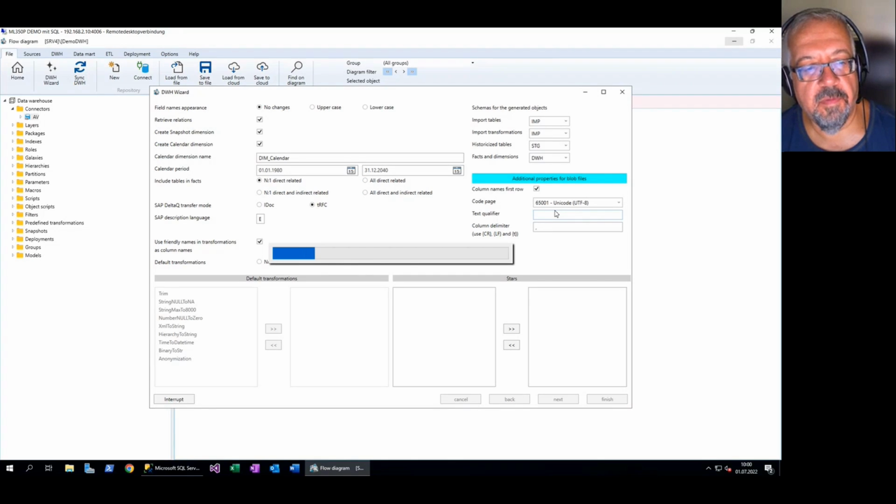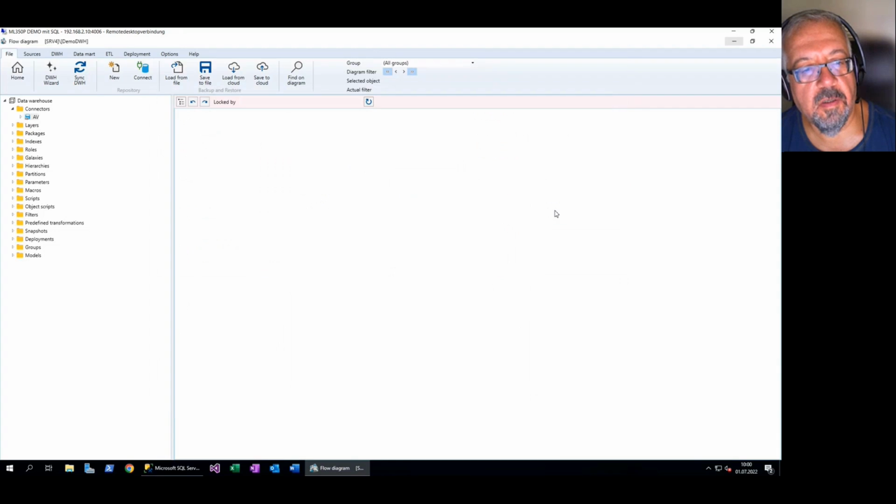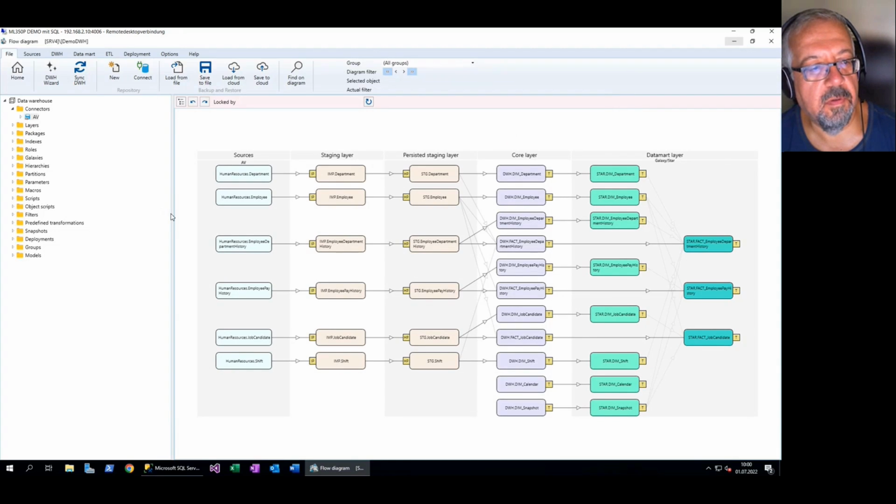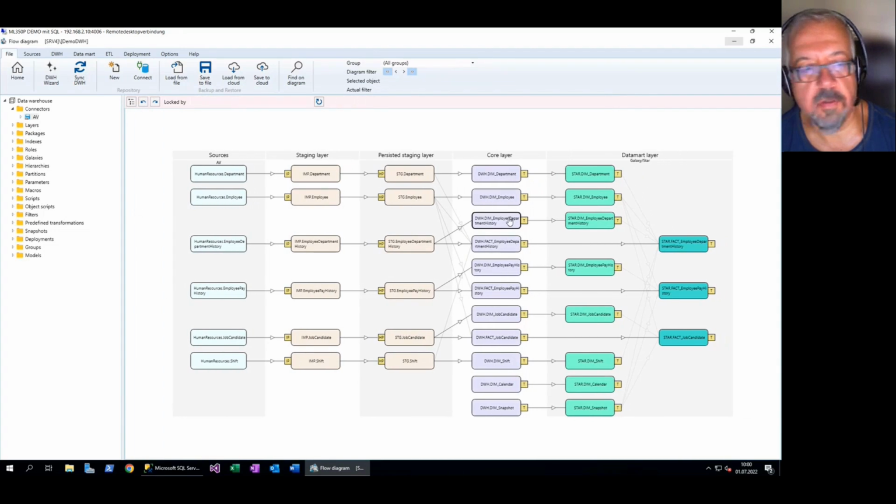And now the wizard will analyze the metadata of our AdventureWorks database and try to create the first draft version of our data warehouse from scratch. And very good, AnalyticsCreator